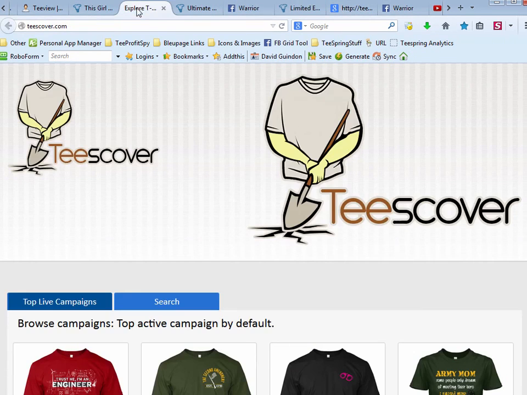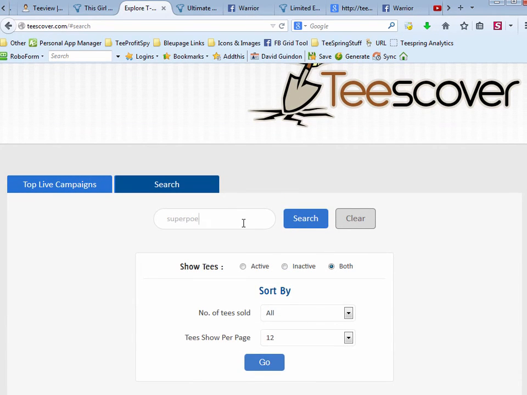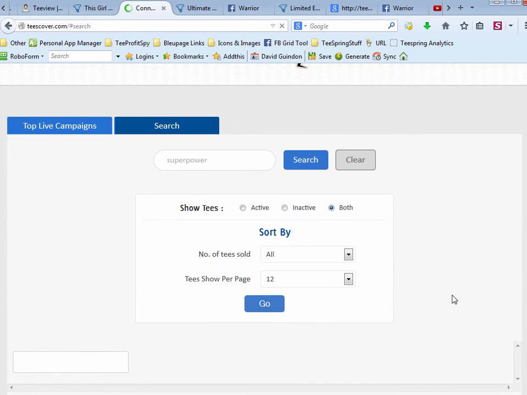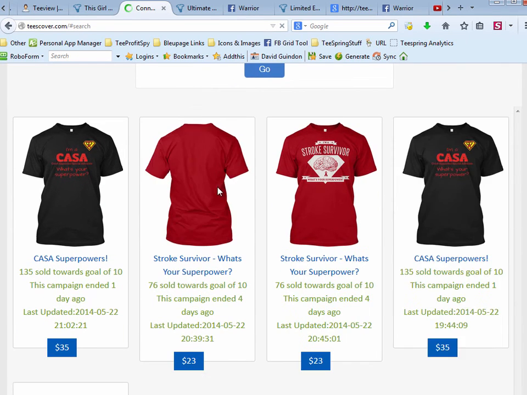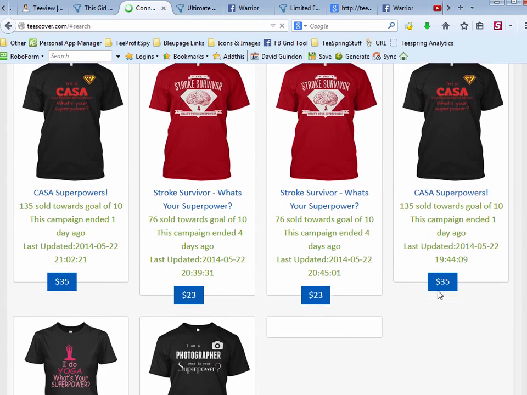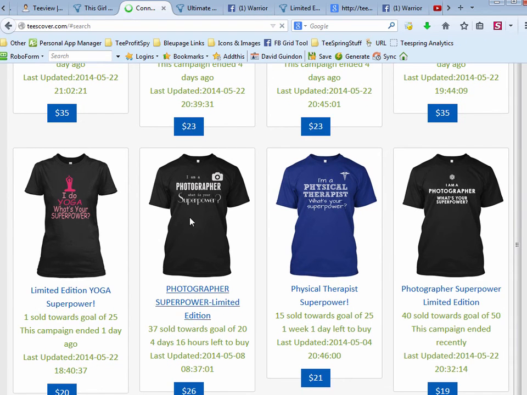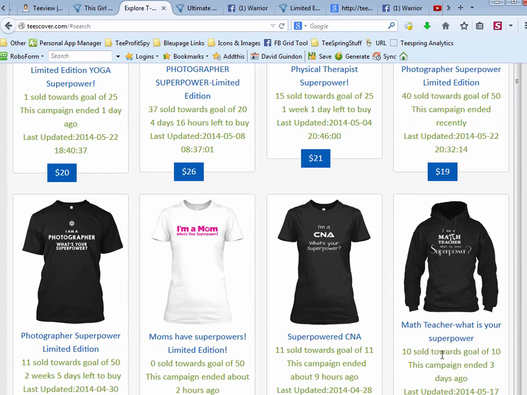How about in Teescover? Let's take a look. There's search there. Superpower. Looks like there's a lot more than here. Stroke survivor. What's your superpower? I do yoga. What's your superpower? A photographer. That one looks like it's tipped over. I've seen this one a couple times. A physical therapist. What's your superpower? So I really like their search feature in here too. It gives you an idea to